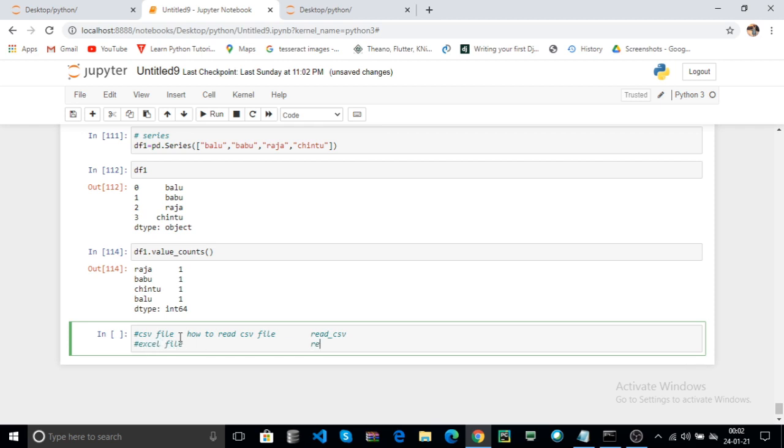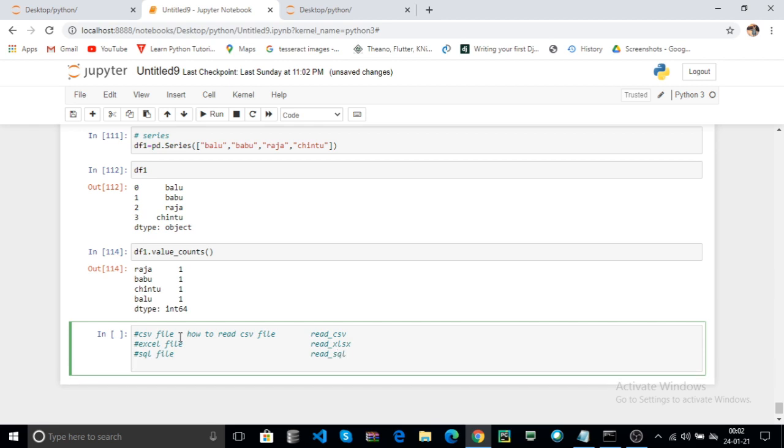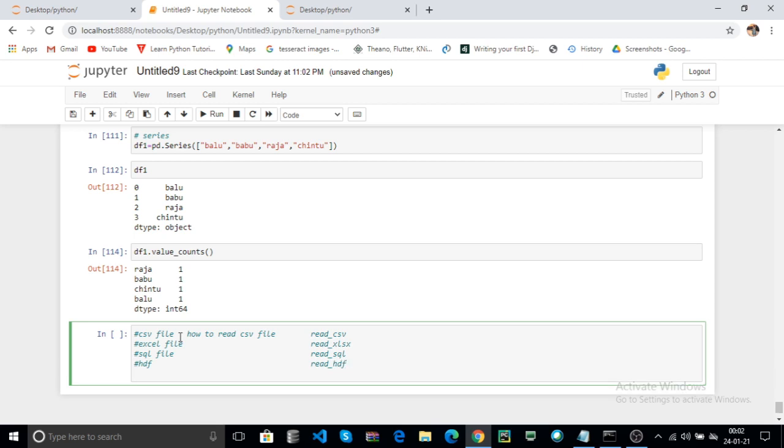You can use read_xlsx. Now your file is a SQL file. Here you can use read_sql. Your file is HDF. You can use read_hdf. Here your file is a JSON file. Here you can use read_json.